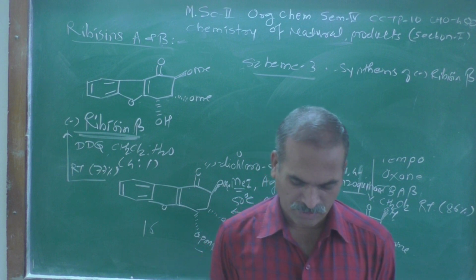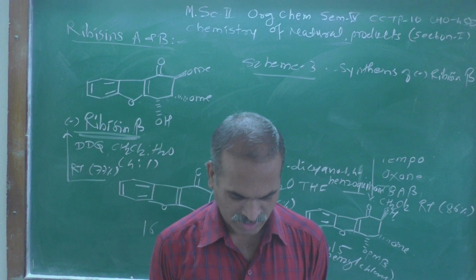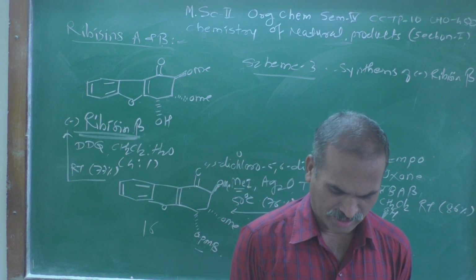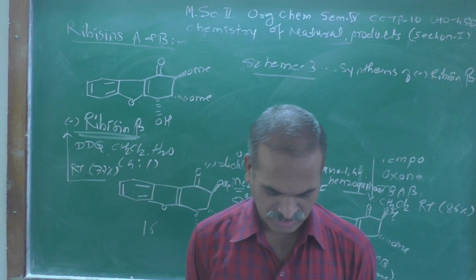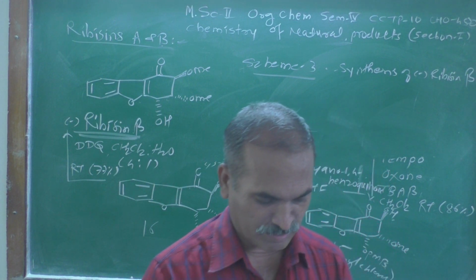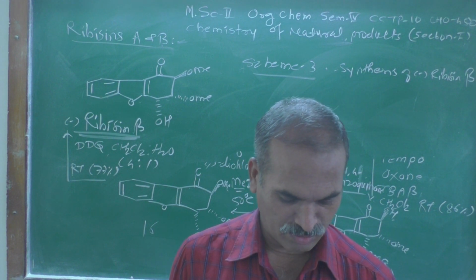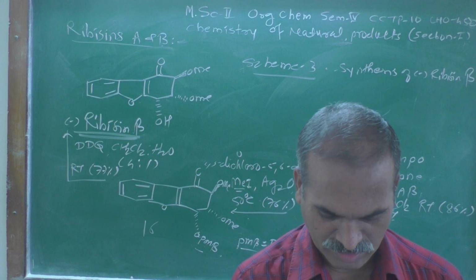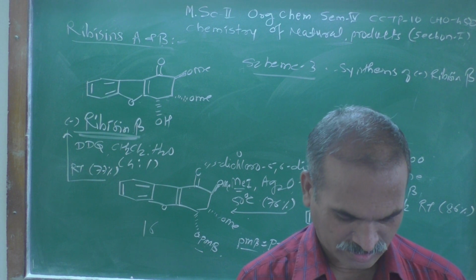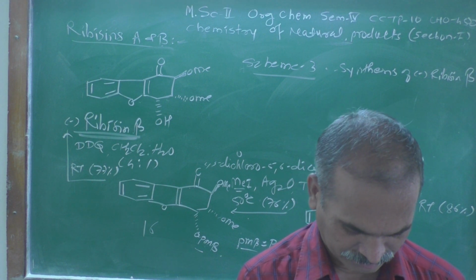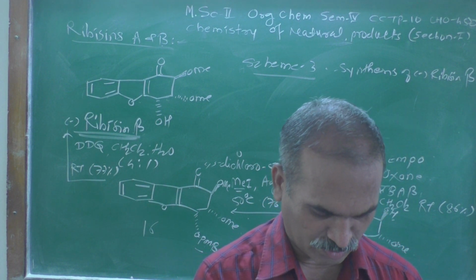The possibility of epoxide 18 undergoing nucleophilic attack by methoxide anion using different solvents and temperatures to yield triols 19 and 20 was examined here in scheme number 4, and that scheme number 4 we are going to discuss right now, where we will see what could be the structure of that. So, let us see here the scheme number 4 which we are going to discuss over here.